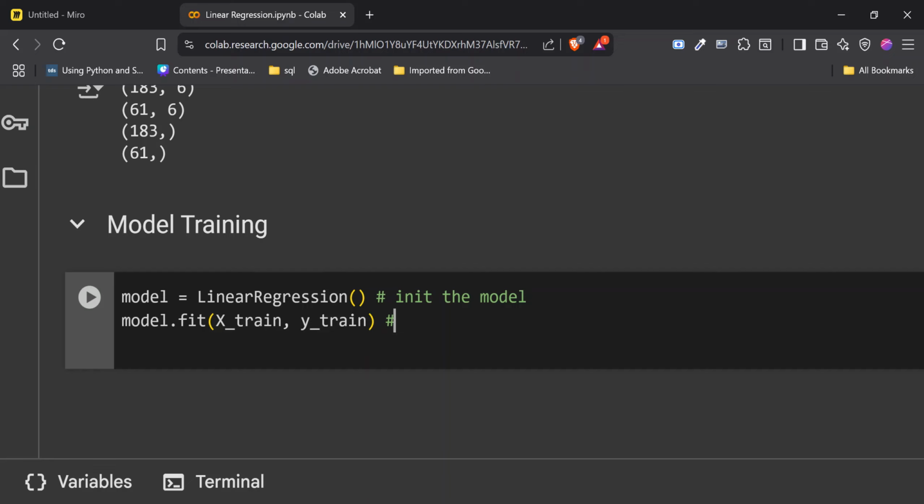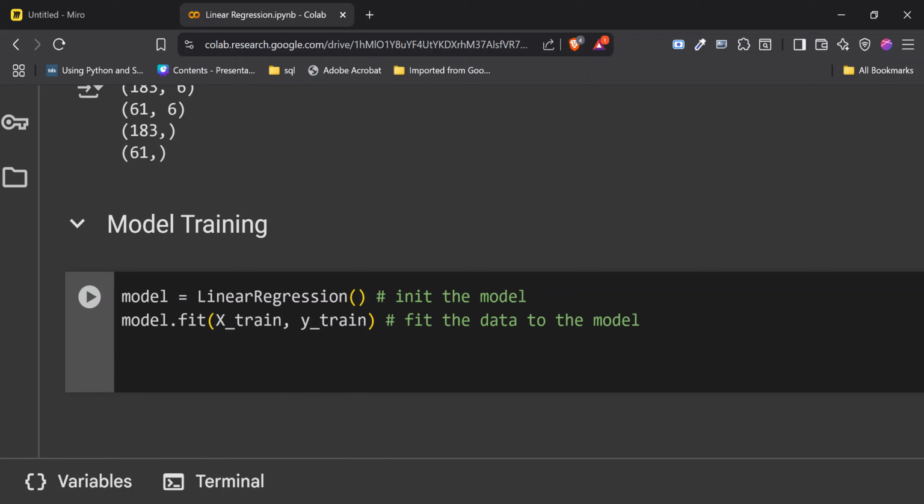Fit the data to the model. Then the next thing to do is to actually get our train and test predictions. So I'm going to say train_preds. It's going to be equals to model.predict